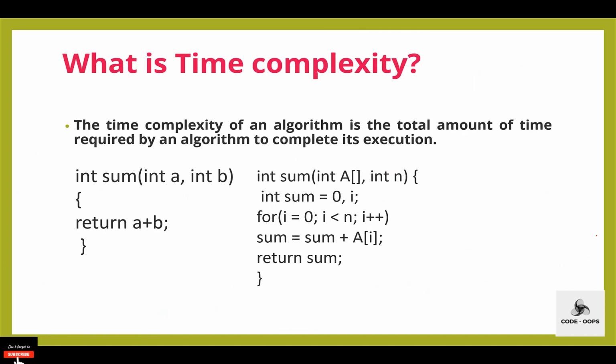Next is time complexity. Every algorithm requires some amount of computer time to execute its instructions to perform the task, and this computer time required is called time complexity. The time complexity of an algorithm is the total amount of time required by an algorithm to complete its execution. Generally, the running time